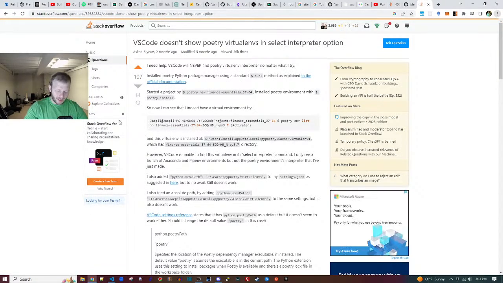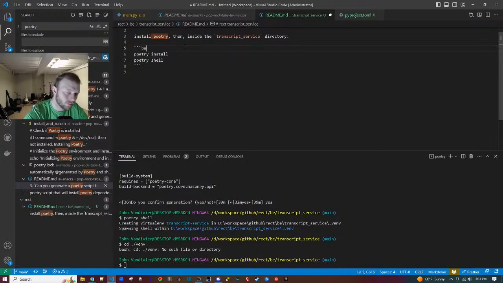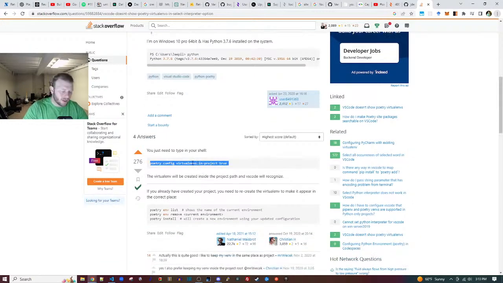Use code block annotations specifying bash. All right, why not? Okay, so we'll make it drop the environment.